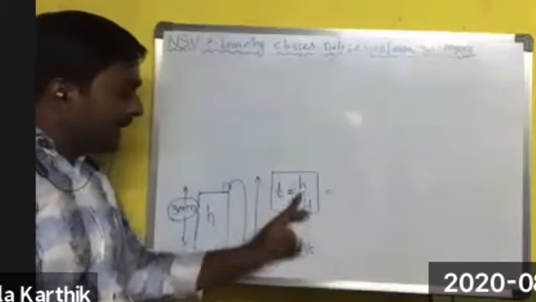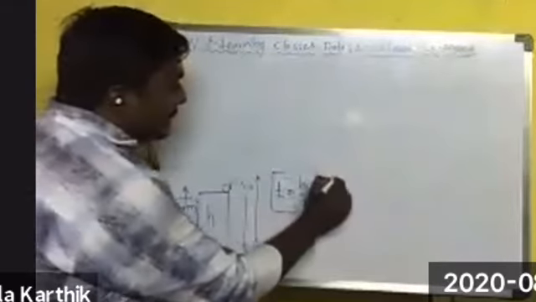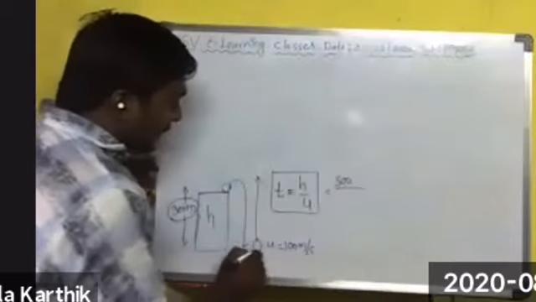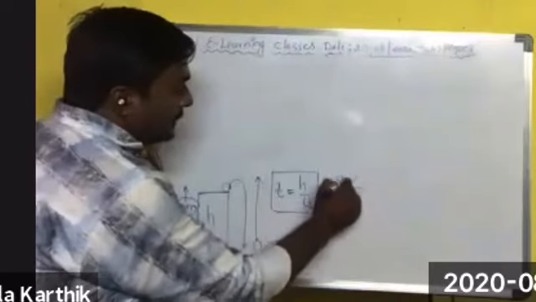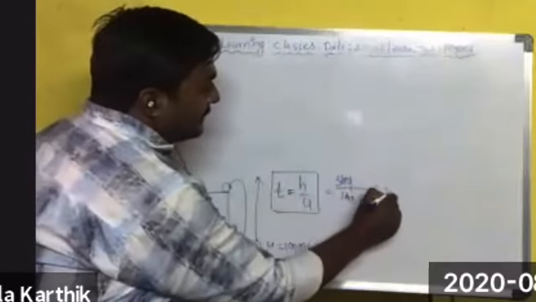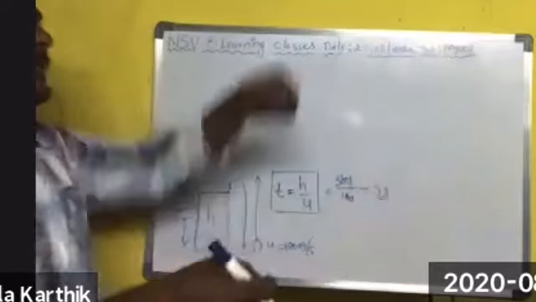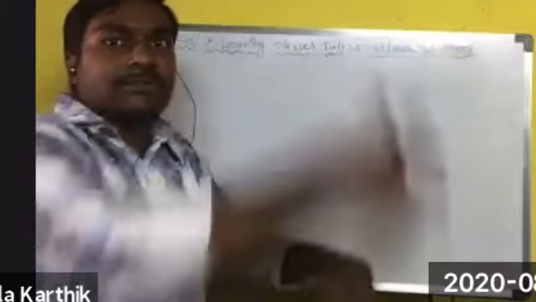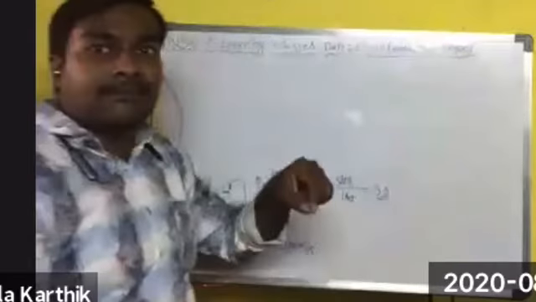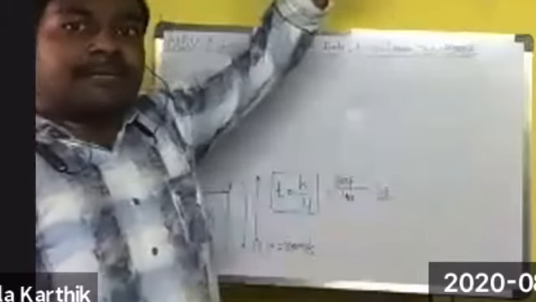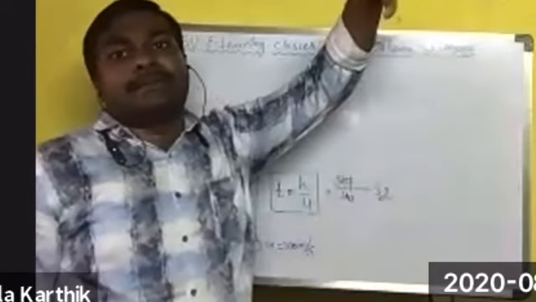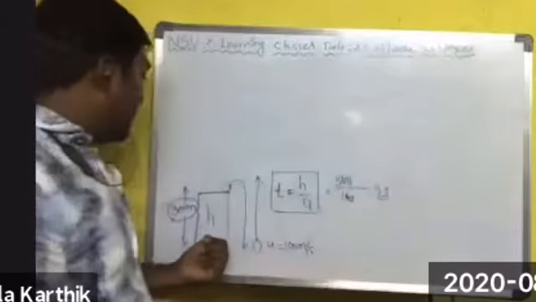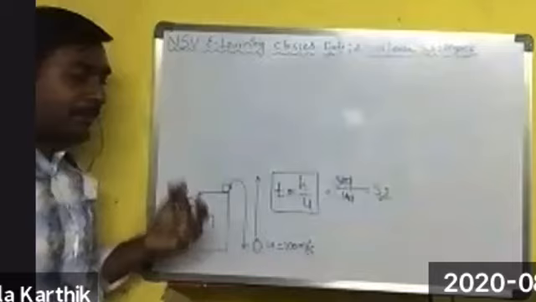So h by u. h is 300 and u is 100. The zeros cancel, so 3 seconds. At the same time I released one body, I threw one body vertically upward in this direction, and another I release from the top of the tower of height h equal to 300 meters.